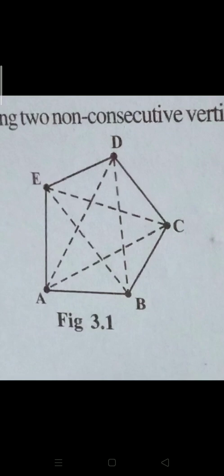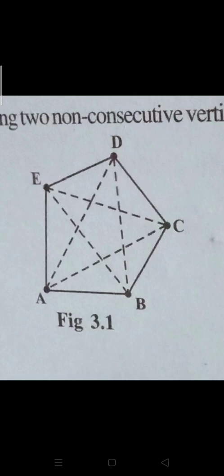Same way, now next go to the next point, B. From B, which are the angles connected? Angle A and angle C. So you can't draw diagonals over there. But angle B is not connected to angle E. So you can draw a diagonal over there. So the name of that diagonal will be BE, or you can also call it as EB. Then which other you can draw? B is also not connected to angle D. So you can also draw over there a diagonal. So join the line from B to D and you can name it as BD or DB.